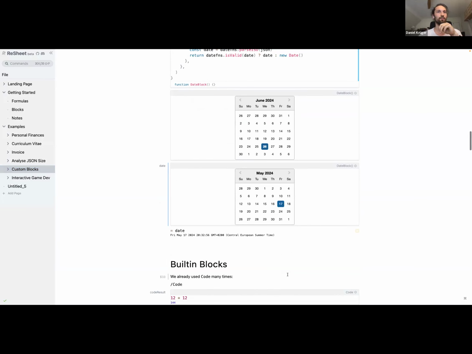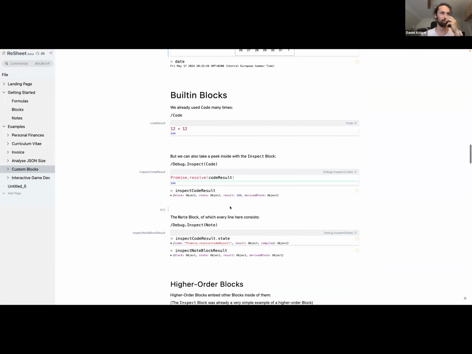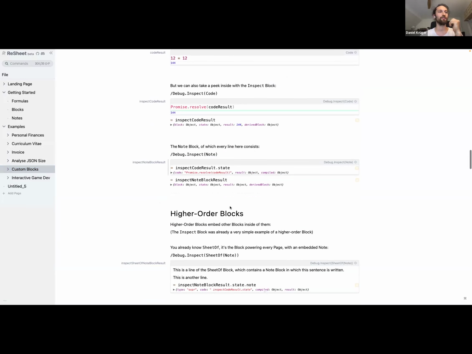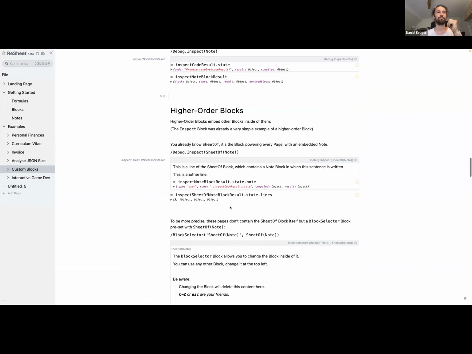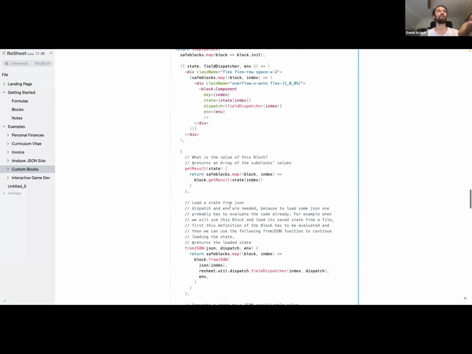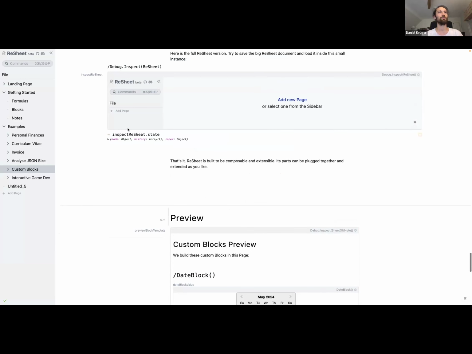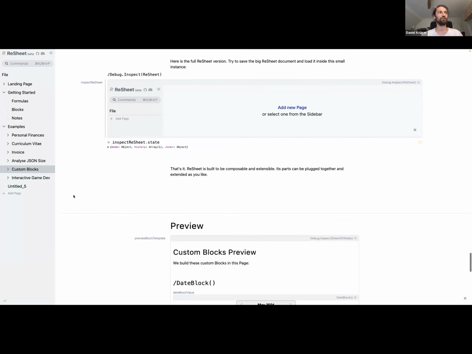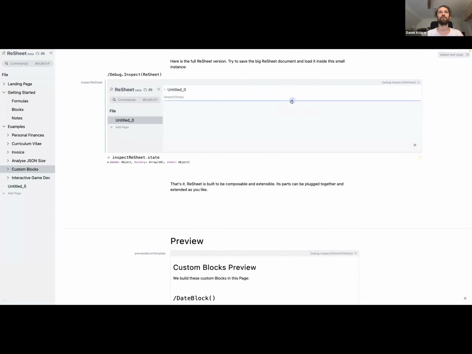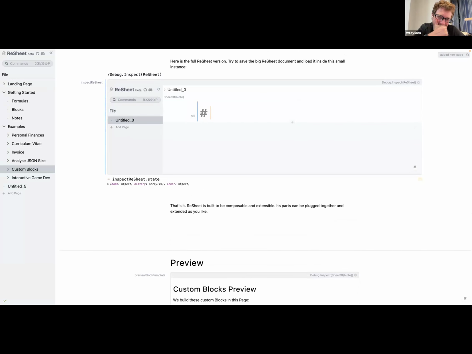And all of what you see here in resheet, you can use inside your custom blocks or inside your sheets. For example, at the end here, I show that I can embed the whole resheet in itself, just as a fun little thing to show how flexible and modular this is.